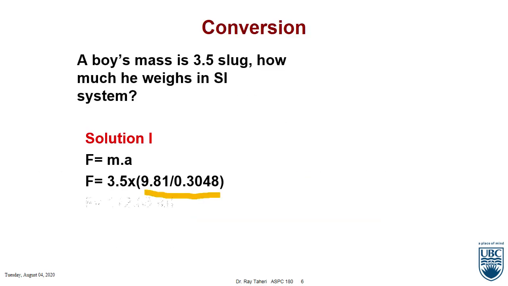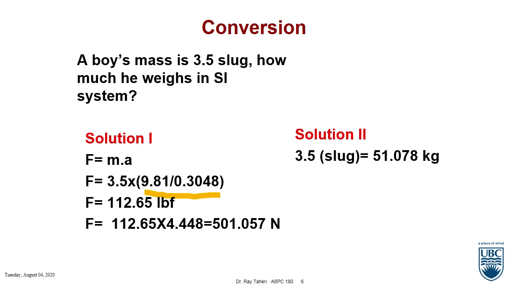So you convert that. You find the mass of the boy is 51.078. So this is the mass of the boy. You want to see the weight of the boy. Obviously, you multiply that by the gravity acceleration, which is 9.8,